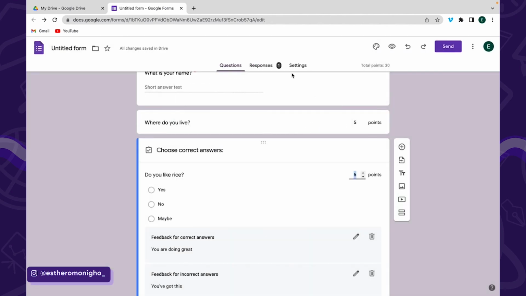And like I said before, this is everything you need to know as a beginner using Google Forms to create